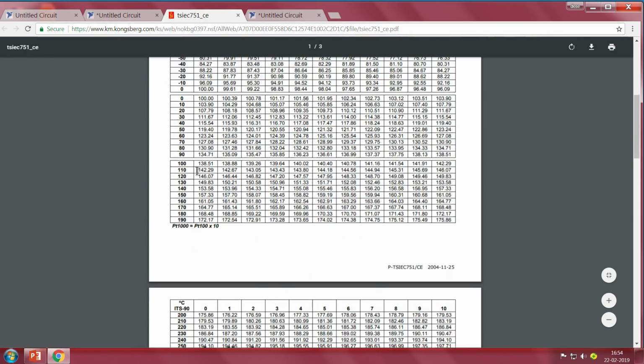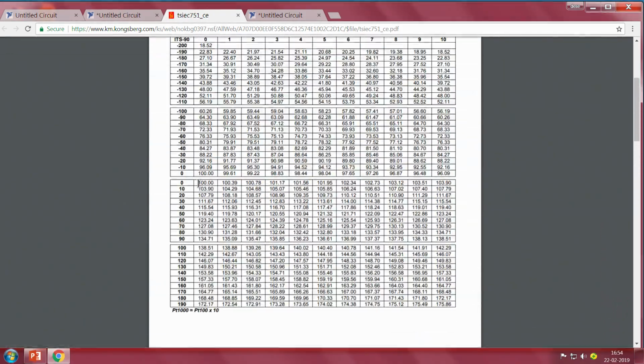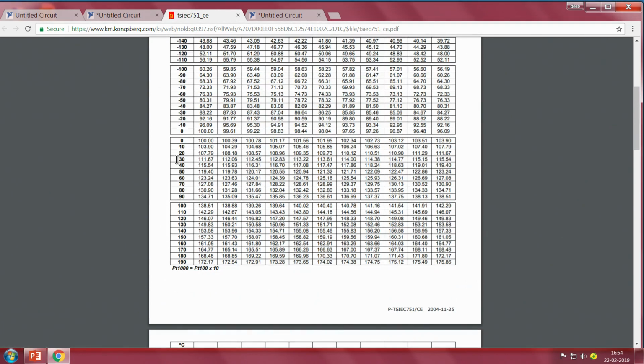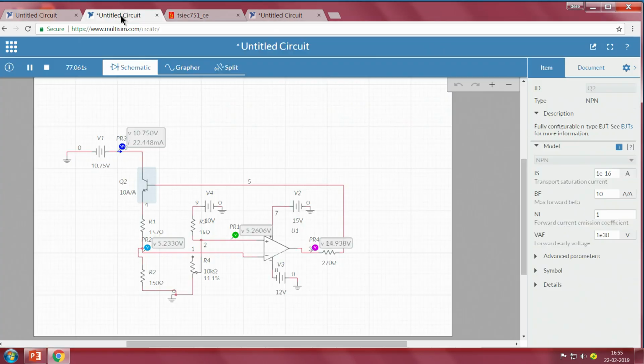Now let's assume we have room temperature, which is 30 degrees Celsius. So what is the resistance at 30 degrees? For a PT 100 the table offers 111.67, but since I am using a PT 1000 in the arm of the compensation circuit, I can just multiply it by 10. Assuming at 30 degrees Celsius, the resistance offered is 111.67.